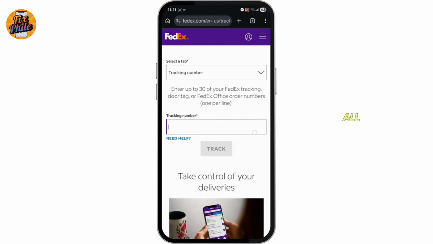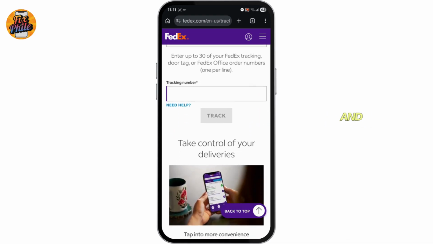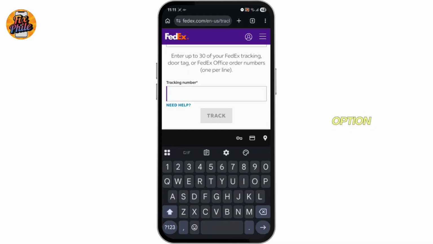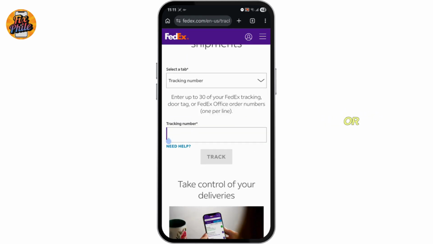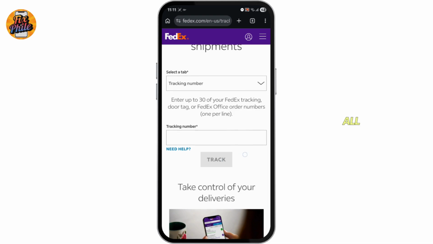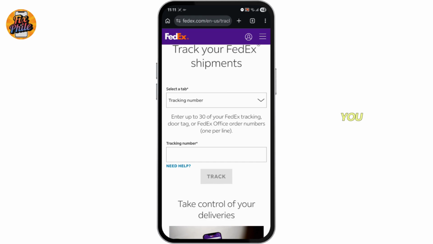Now once you open it, all you have to do is choose your location and tap on this tracking ID option and proceed to type in your tracking ID. Once you have written it, tap this orange or white track option and you will be sent to the delivery manager. Now once you're there, all you have to do is, if the courier is missed, you can use the